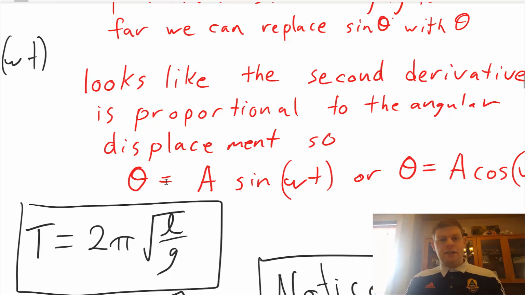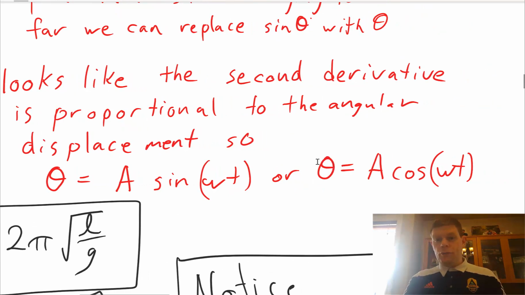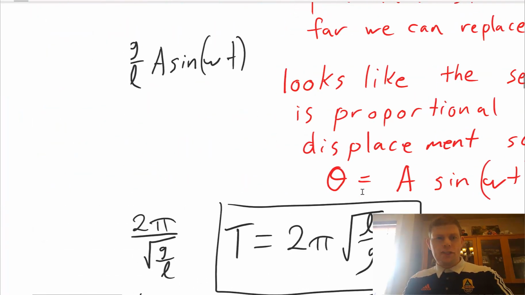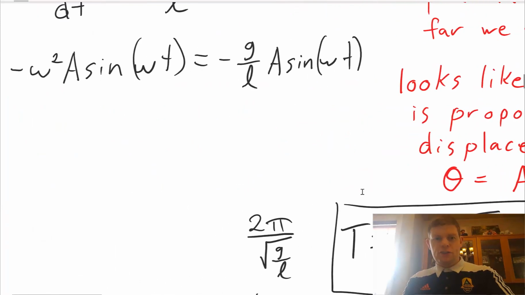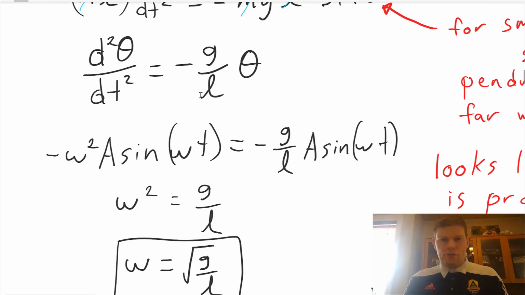If we start at the equilibrium position with some velocity, our theta is equal to the amplitude, our max theta, times cos of the angular velocity times t. We're making that assumption because it fits our situation where our second derivative is equal to negative some constants times our original. So if we go and do that, the second derivative of theta, assuming that it's a sine omega t,